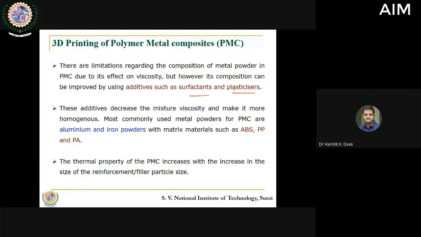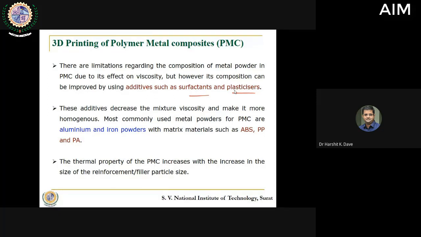So depending on the type of metal powder and its composition, we may need different types of surfactants or plasticizers in different proportions, and there are no standard rules yet available. So there is scope to work with some industry in defining the quantity of these additives along with the metal powder to generate a sound part and work on its flowability. These additives, when you mix the surfactants and plasticizers, decrease the viscosity and try to make it more